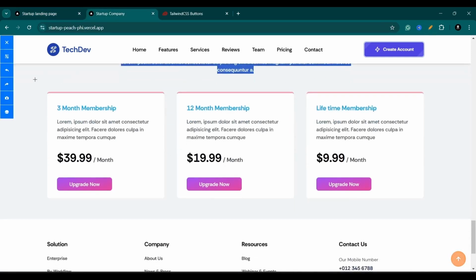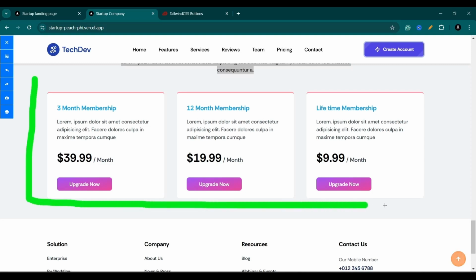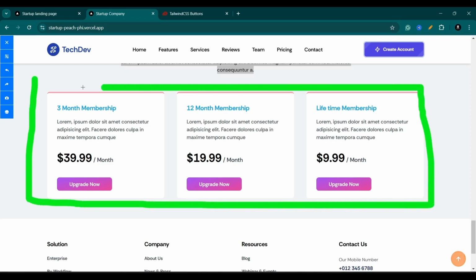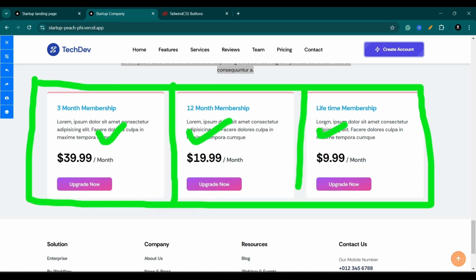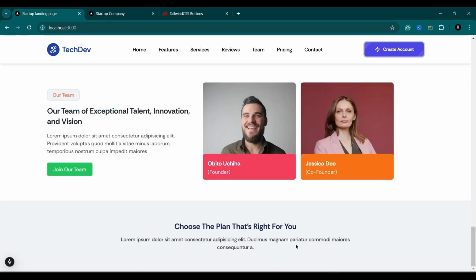Next we are going to use the grid system. Here we are going to use 80%, and we are going to divide this into 3 parts using the grid system. So 1, 2, 3, and then we are going to create a separate component for this one. This is component 1, this is component 2, this is component 3, and we are going to reuse this component, and we are going to change the values like 12 month and the pricing. So let's go to our code,